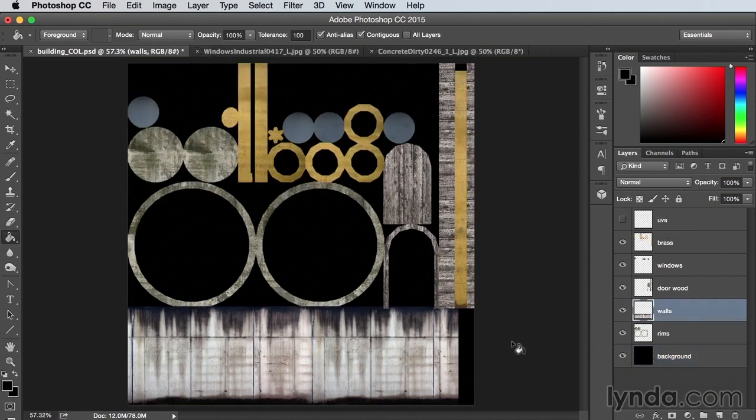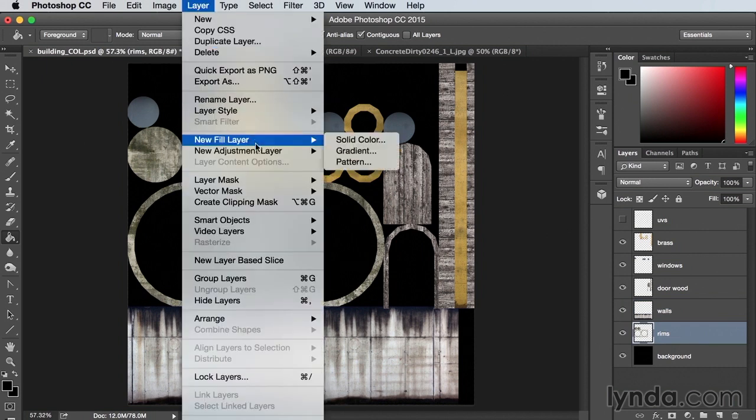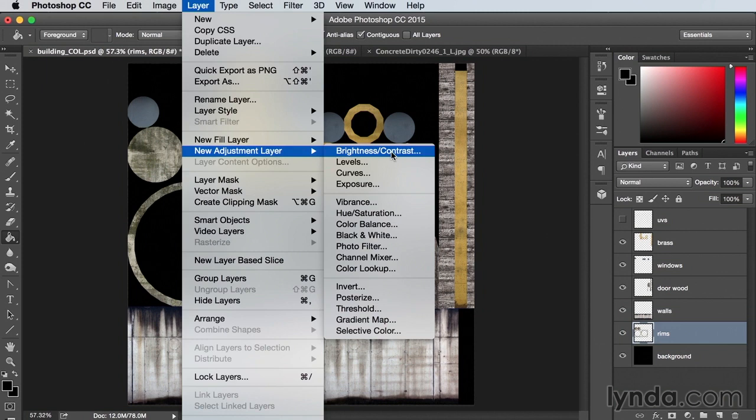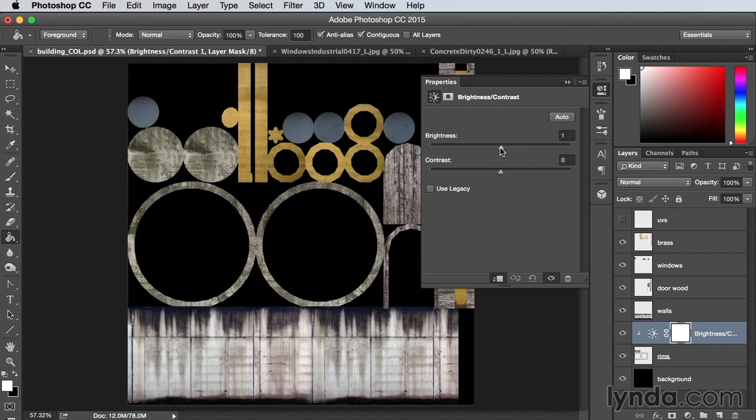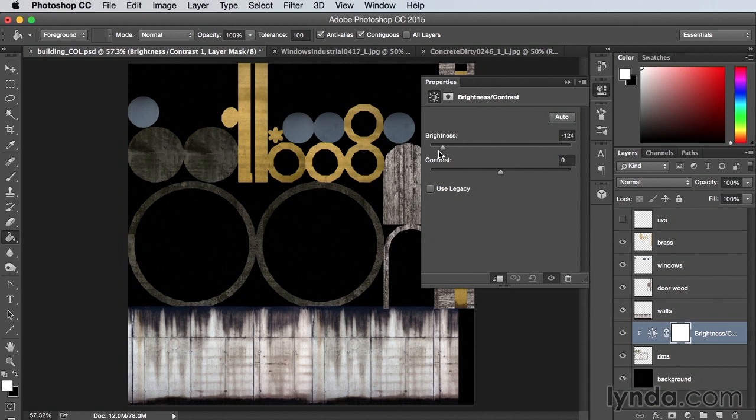Now at this point in time, we could do a little color grading here. I think the rims and the tops of the building is going to need to match the darkness of the top and the bottom of the walls a little better. So if I select the rims here, I can come up to Layer and create a new adjustment layer, and let's work with brightness and contrast. I'll select to only use the previous layer and click OK. And now I can adjust the brightness of just those pieces on that one layer. So I'm going to get them pretty dark